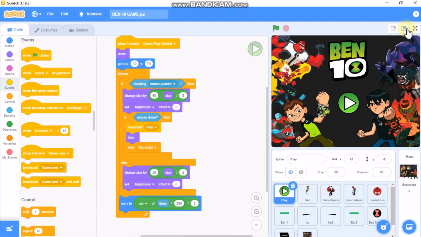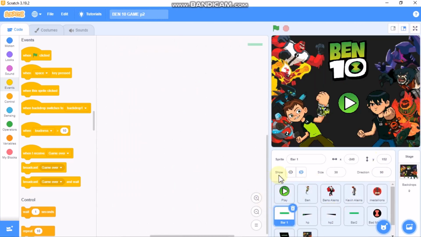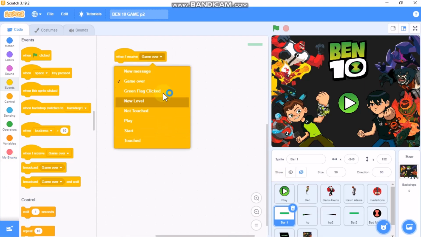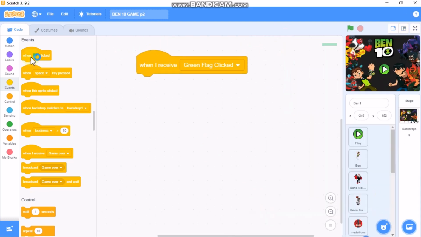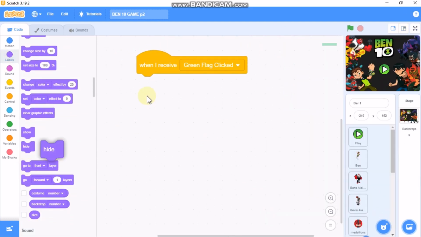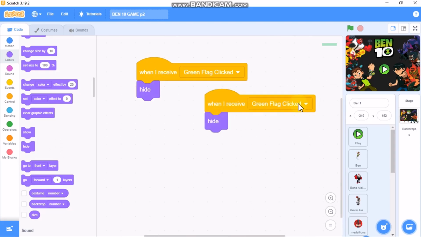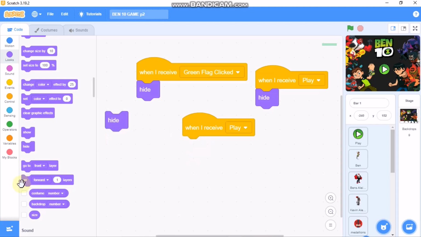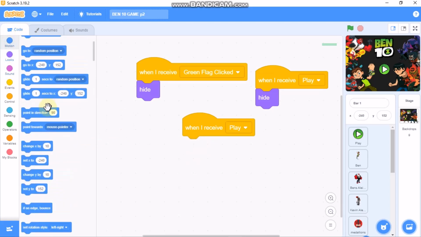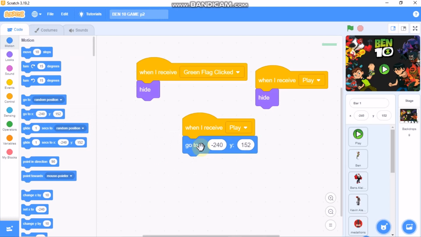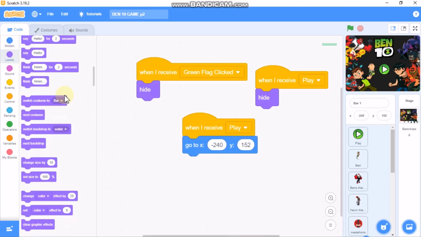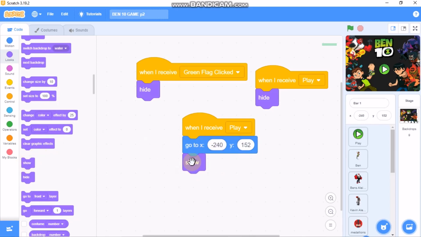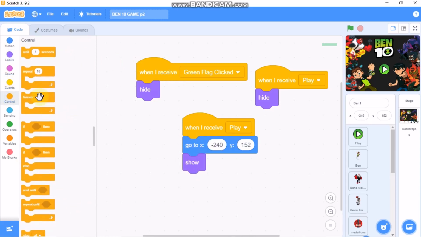So go to this bar 1, and whenever you see a green flag click, we need to hide. So I'll minimize the screen and duplicate this. Whenever you see play, we need to hide, and whenever you see start, we need to go to X -250 and Y 152, and then we need to show, and forever